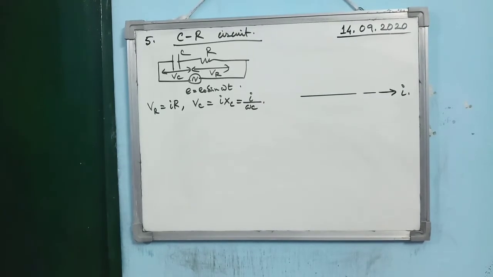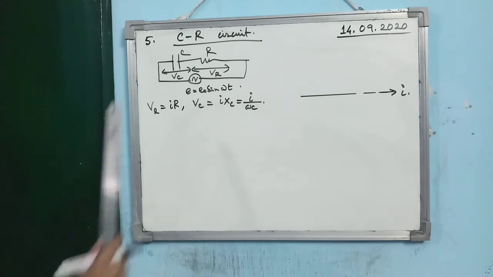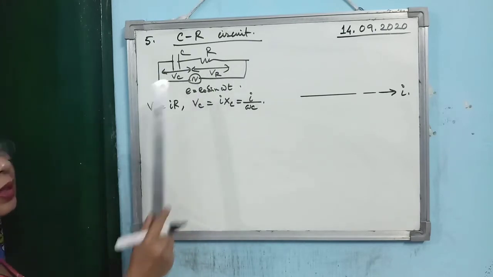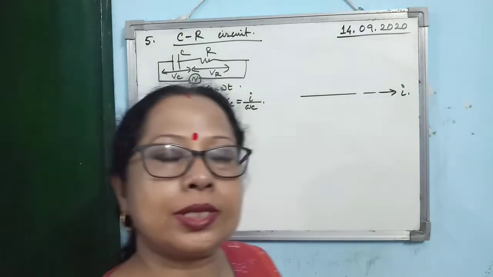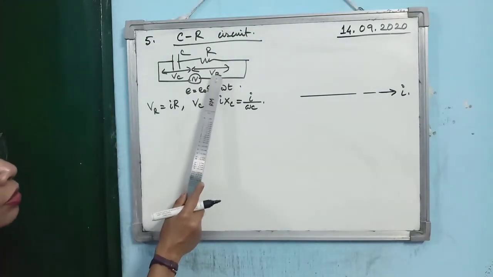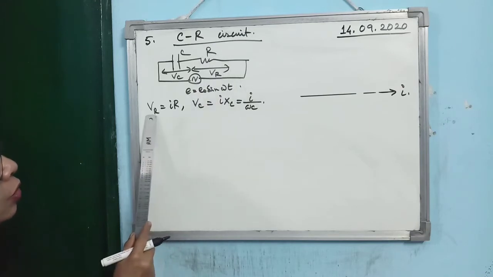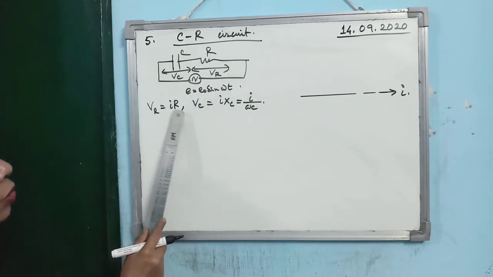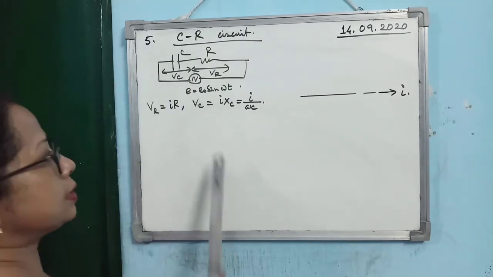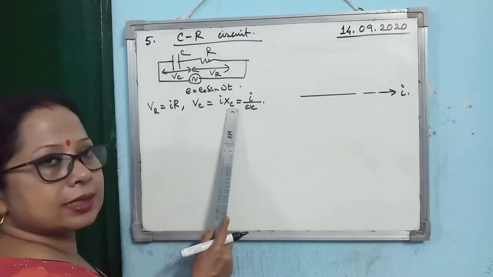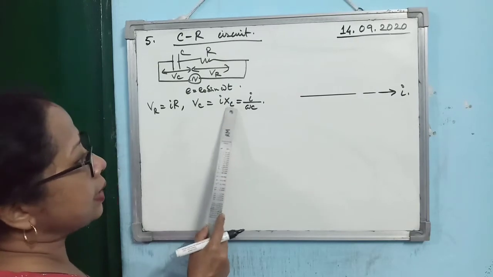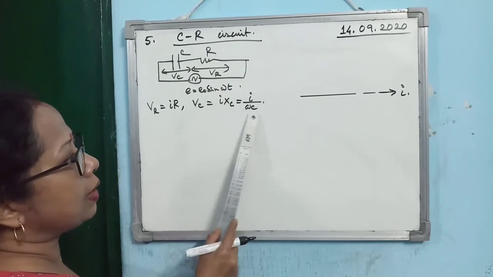Now next topic is only CR circuit. So CR means what? Capacitor, one capacitance and one resistance, connected in series with the alternating EMF. E is equal to E0 sin omega t. So if you consider the potential difference across the resistance is VR, according to Ohm's law, you can write VR is equal to I into R. Then if you consider VC be the potential drop across the capacitor, you can write I into the resistance offered by capacitor, which is known as the capacitive reactance XC, and XC is 1 upon omega C. So you are getting I by omega C.